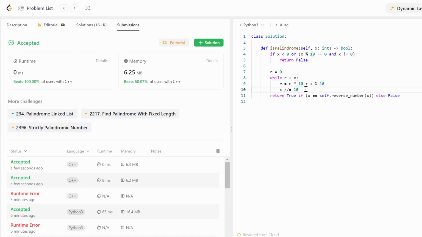We are going to perform our modifications, and we are going to return true if x is equal to r. x will be equal to r if x is a palindrome that has an even amount of digits, or if x is a palindrome that has an odd amount of digits, x will be equal to r divided by 10. Let's now submit this code to check the result, and you can see that now our results are much better. We beat 90% of users with Python regarding runtime and 96% of users with Python regarding memory.